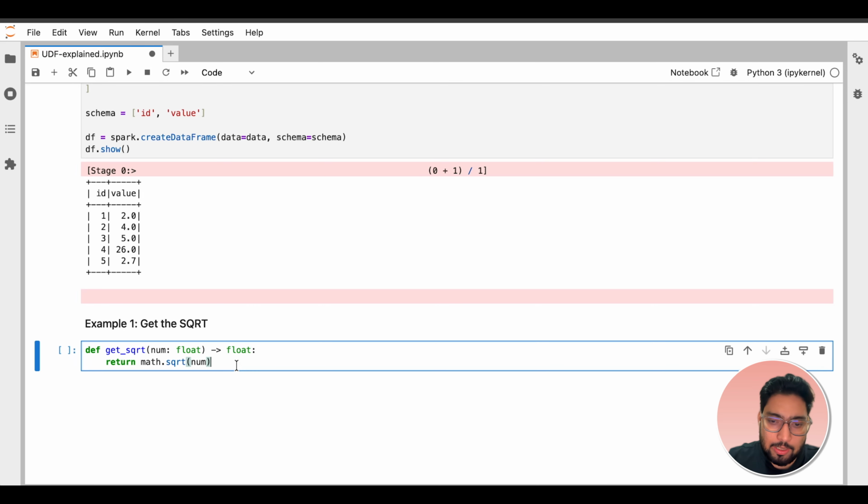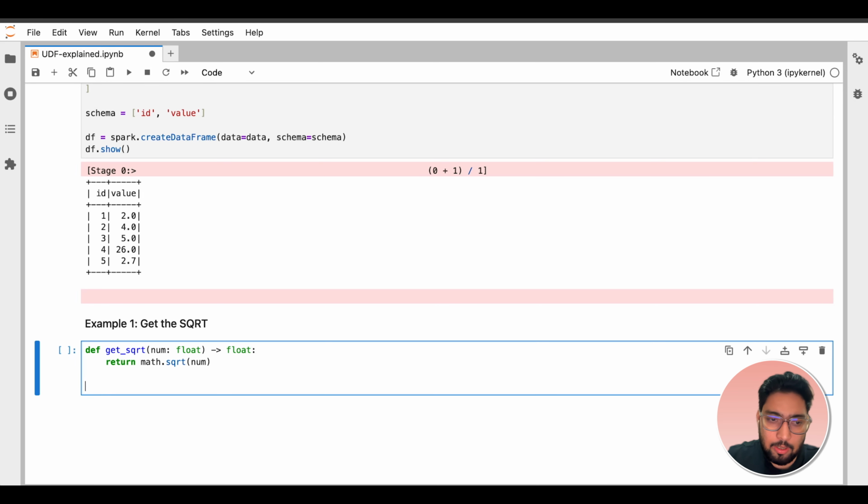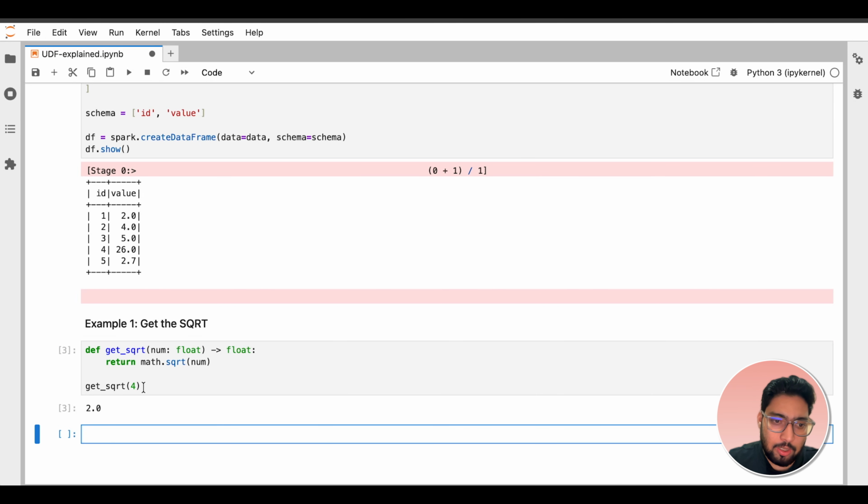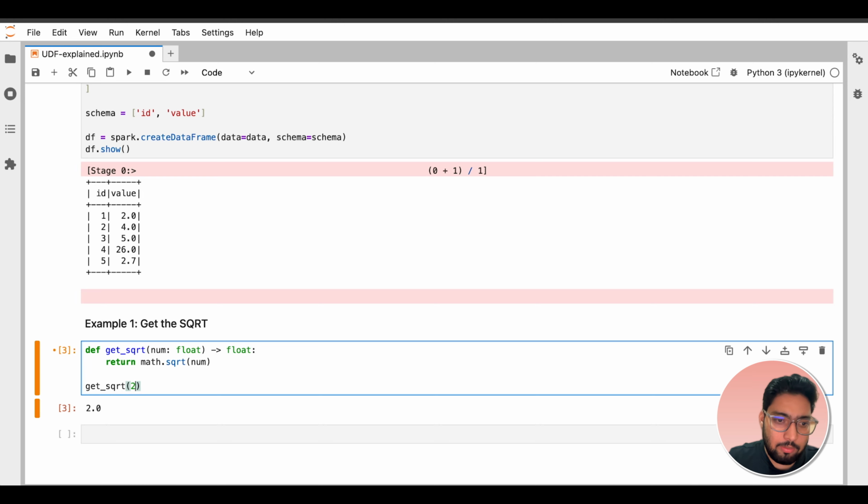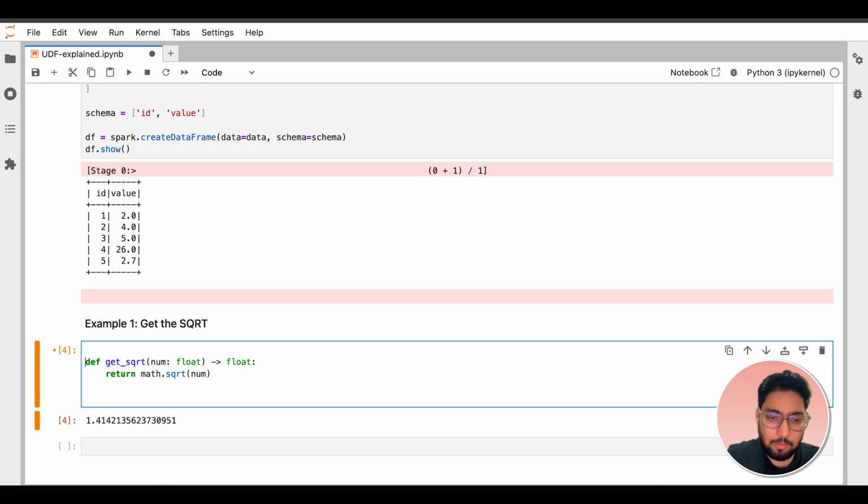Okay. Now let's test if it is working fine. get_square_root: let's say we want the square root of 4. Yeah, it's 2.0, so it's correct. Let's go for 2 as well. Yeah, it's working fine. So now we have created the Python function. This is just a Python function. We need to convert it into a UDF